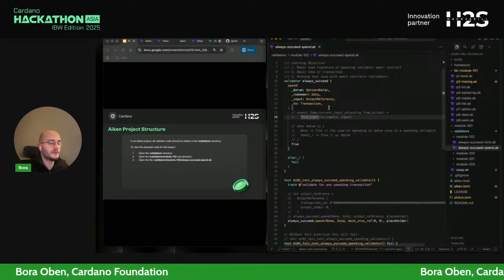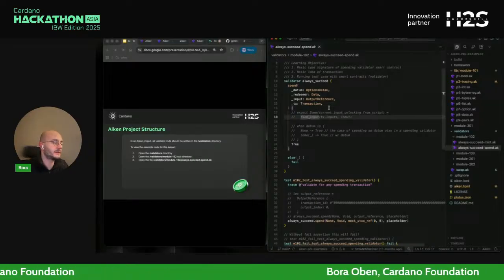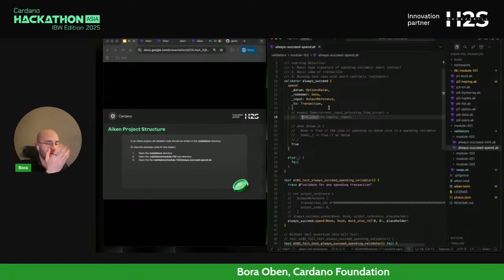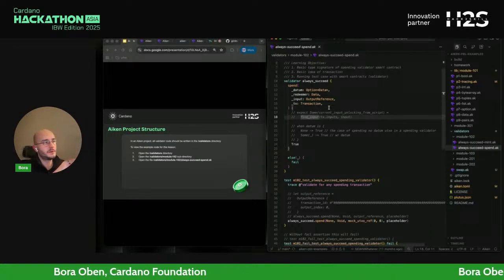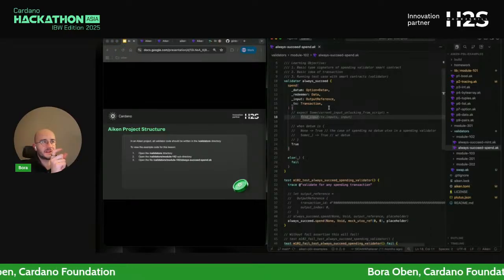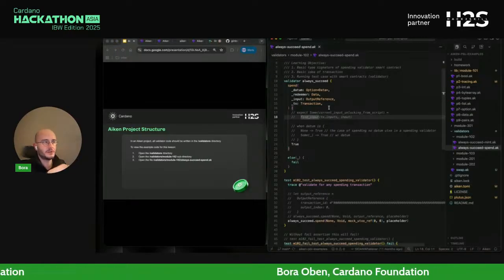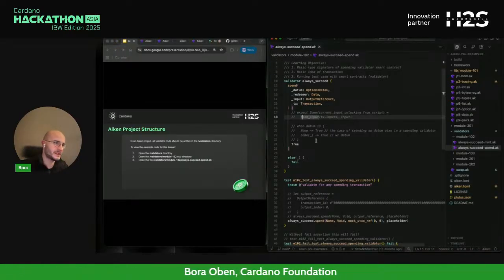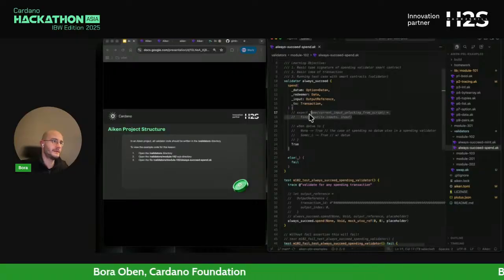And you get to build your smart contract logic around the sense that you will have a transaction of which all of the components you know about, and then you can validate some stuff from this transaction in your smart contract. So for example, if I were to